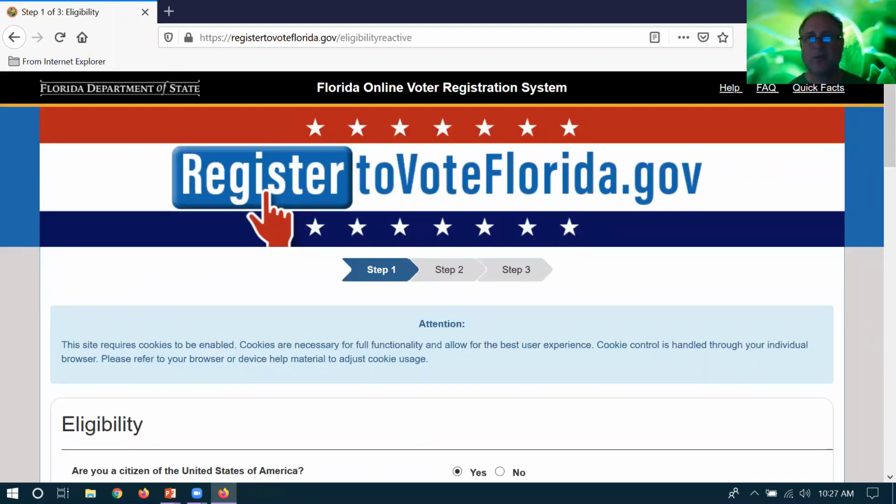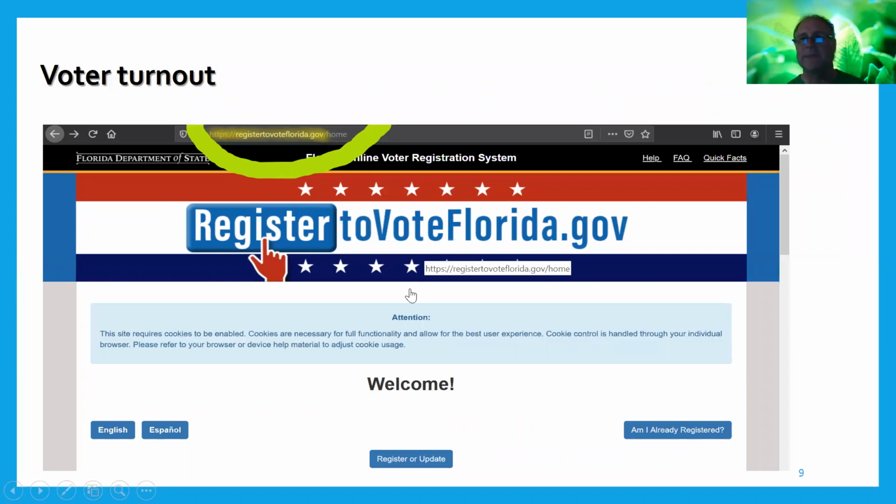Now, once you get registered to vote, I do ask something of you. Please go out and vote. It is so important in a democracy for people to have their voices heard. But please make sure that before you go out and vote, you become knowledgeable and educated about the people and the issues that you will be voting on.